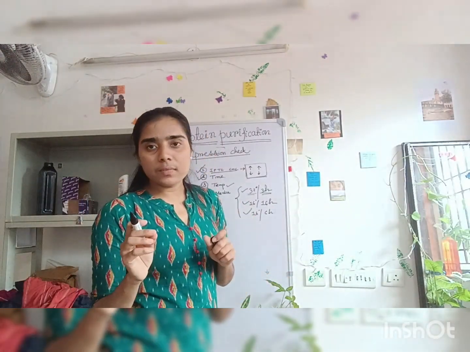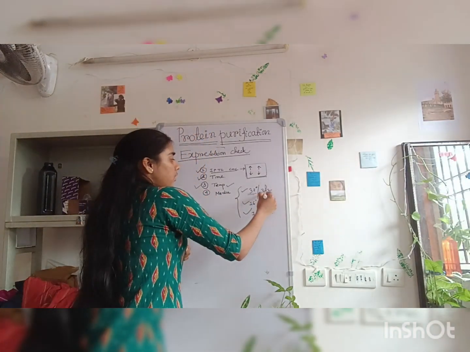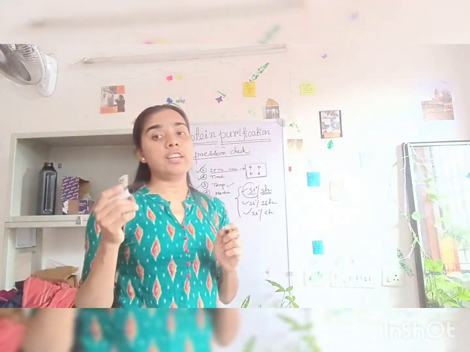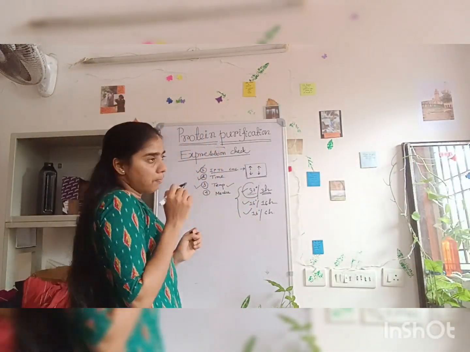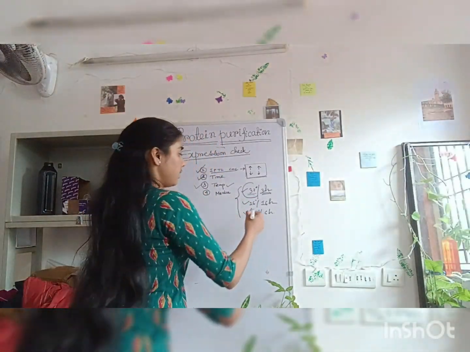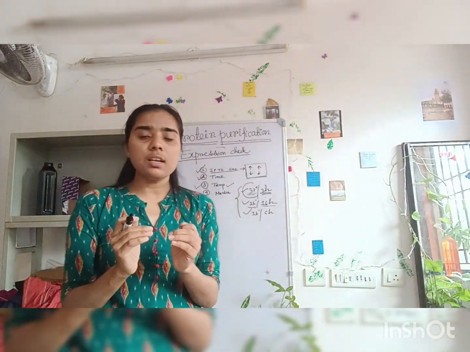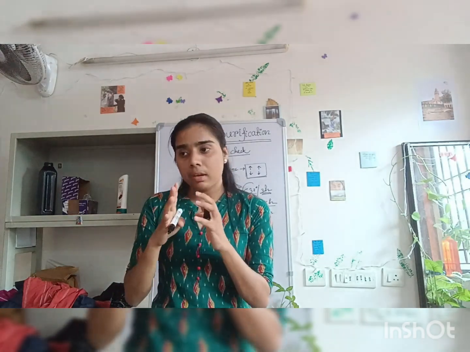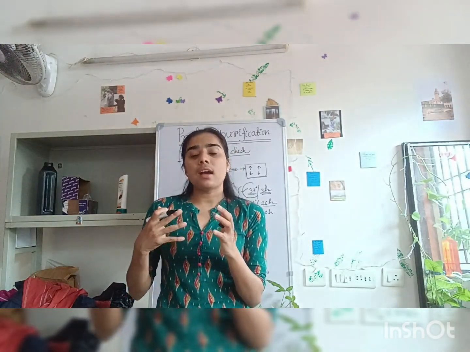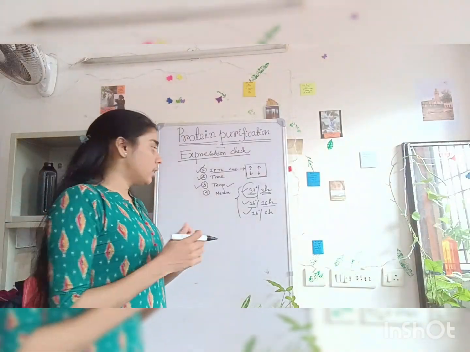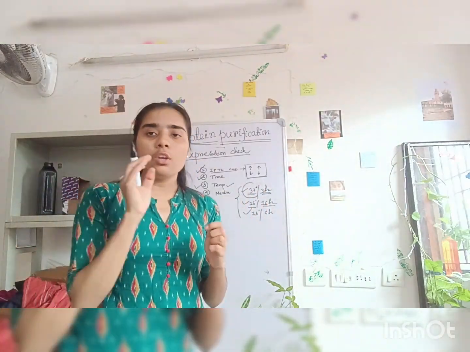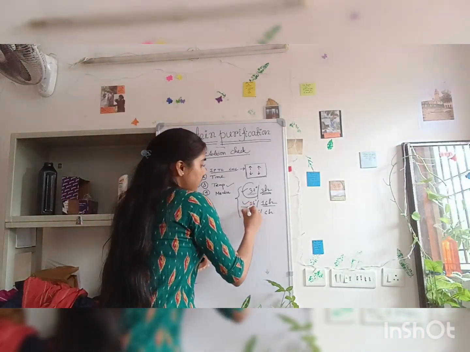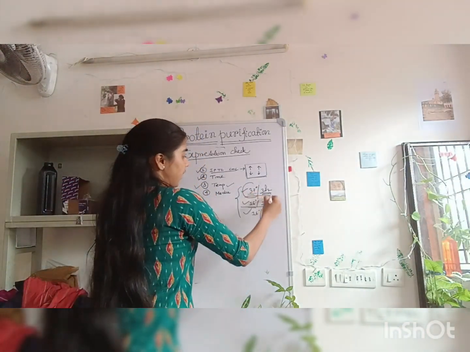Now sometimes what happens, if you grow for 3 hours at such a high temperature, your protein sometimes gets degraded. So I generally prefer 16 hours and 16 degrees Celsius, because at low temperature the protein production rate is much slower, right? So the protein can fold, it gets more time to fold properly, and the bacterial cell also gets more time, so at low temperature it can produce a higher amount of protein without any stress. So I generally prefer this condition, but people use the other condition as well,